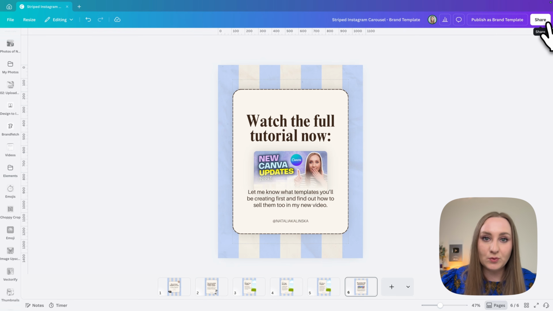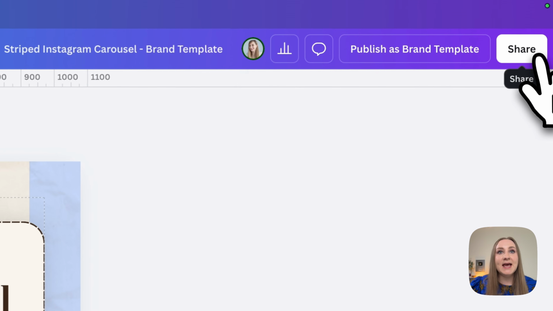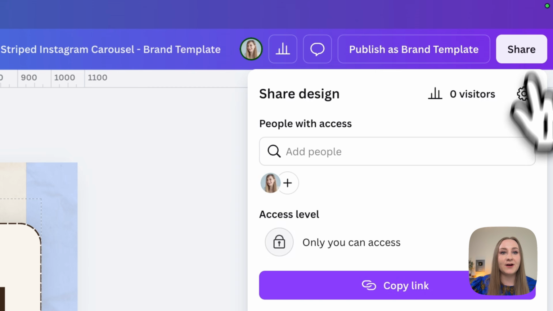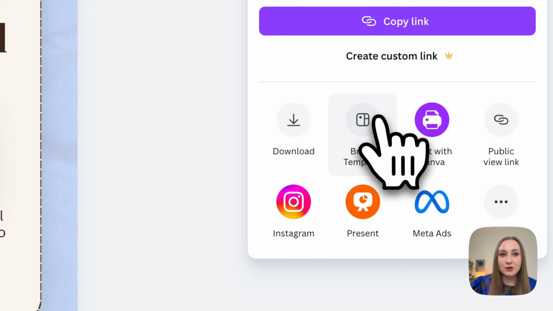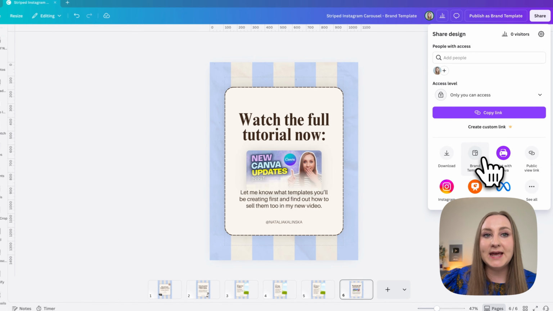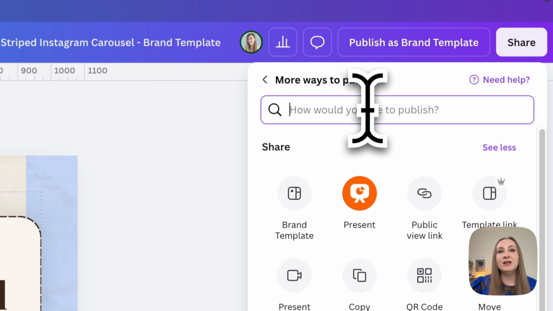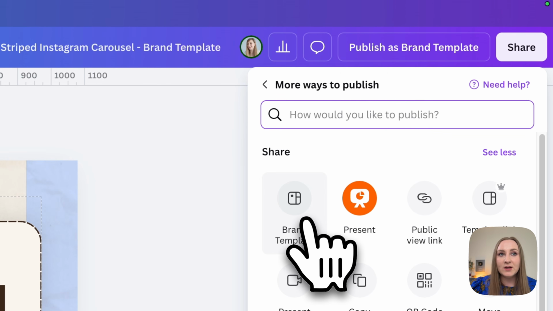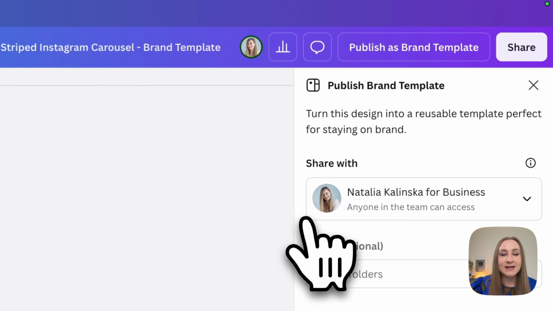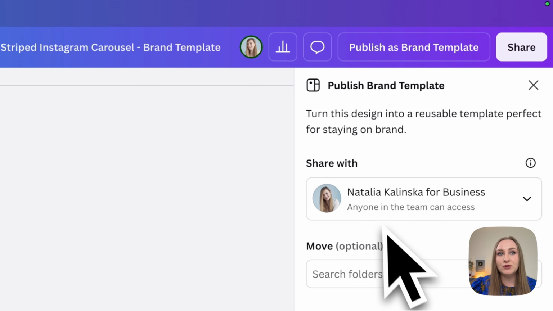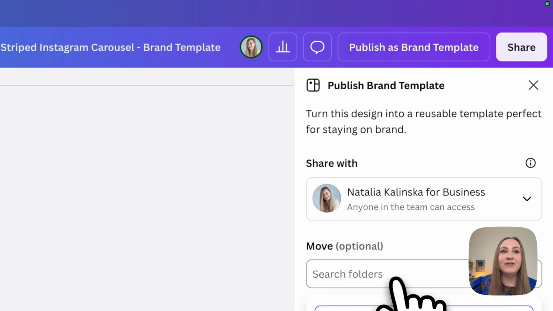So from here, what you want to do to save it as a brand template is to jump to the share button here at the top. And from here, you should be able to see the brand template option in here. Otherwise, go to see all in here, and then you can just look it up from here. So what I'm going to do next is to go to brand template. And from here, that's going to give you the option to share with a specific team and then move to